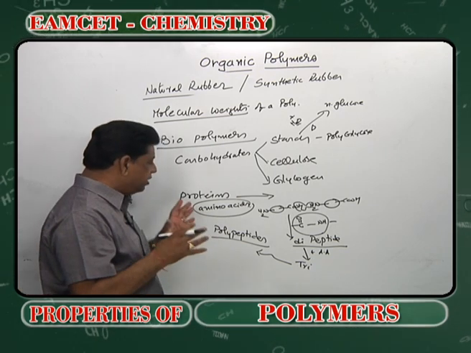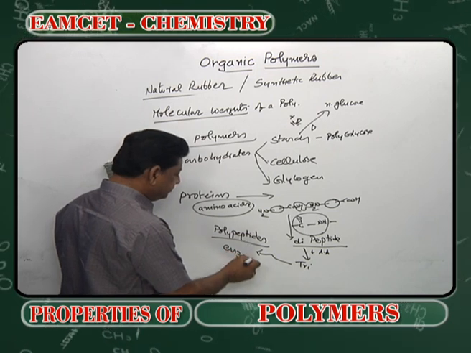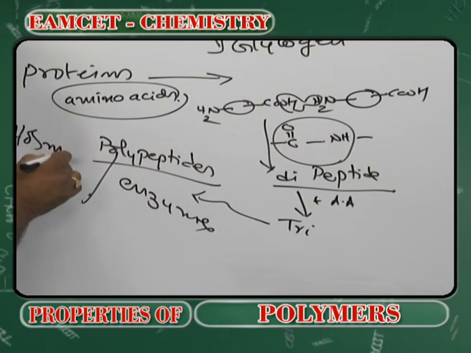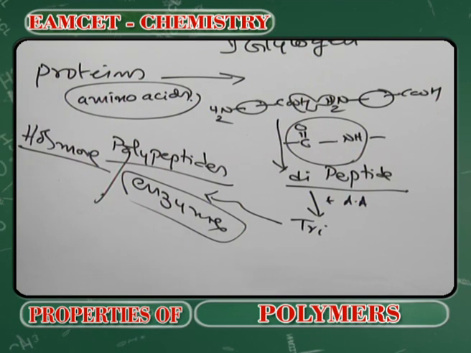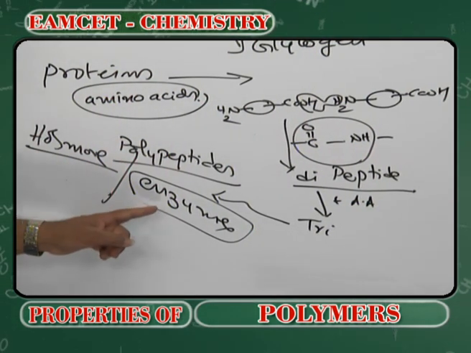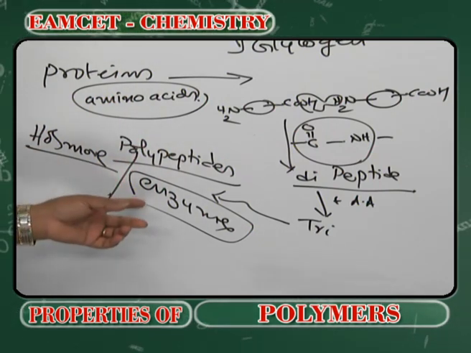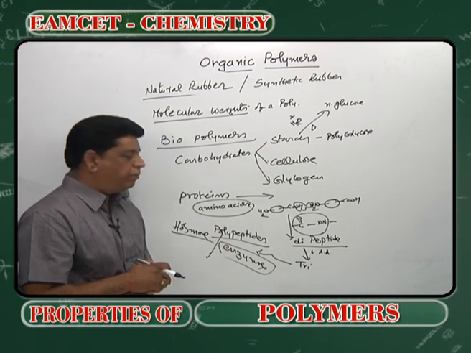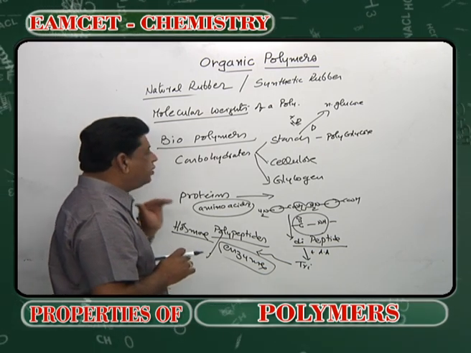That type of big polypeptide sometimes acts as an enzyme. Some hormones, like the insulin hormone, have a specific three-dimensional structure, and the enzymatic actions are because of this specific three-dimensional structure. Especially the quaternary structure of the enzyme is responsible for showing that enzymatic property. These are all called biopolymers. In carbohydrates we have them, in proteins we have them,